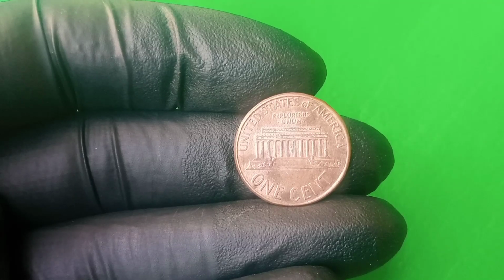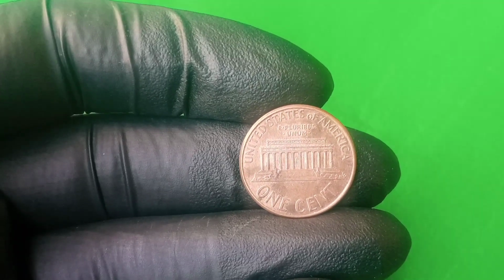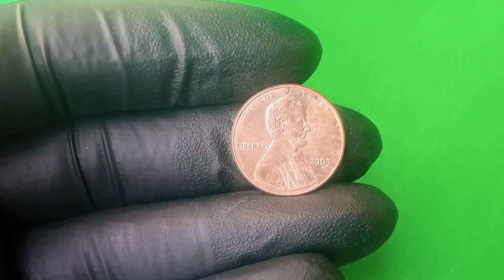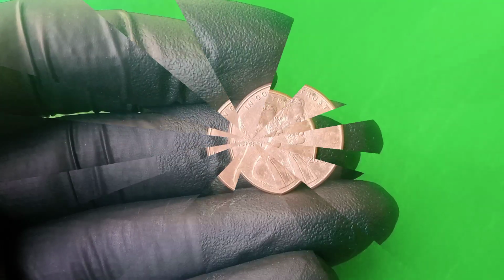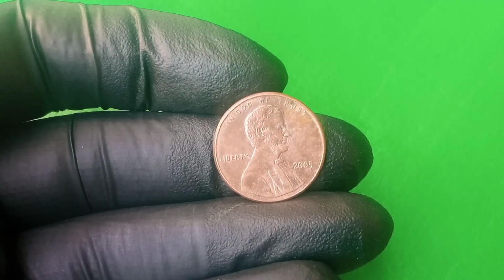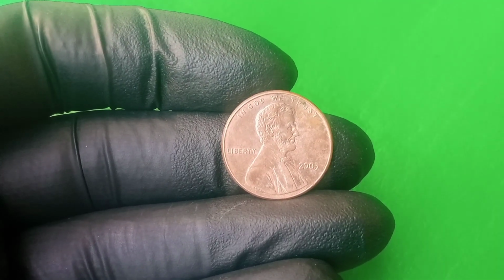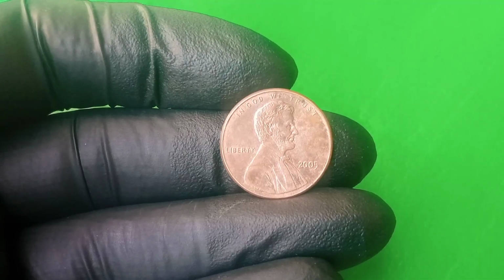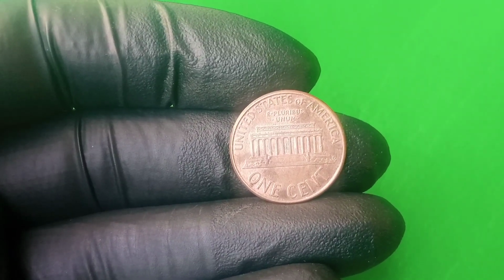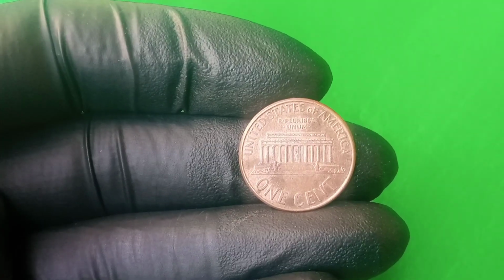Let's uncover the story, the possibilities, and the fascinating details that make the 2005 penny one of the most talked about coins in modern American minting history. The year 2005 marked a time when the US Mint was at the peak of technological precision, yet even with sophisticated machinery and strict quality control, mistakes still slipped through the cracks. It's these rare mishaps that create legends in the world of coin collecting, and the 2005 penny is one such